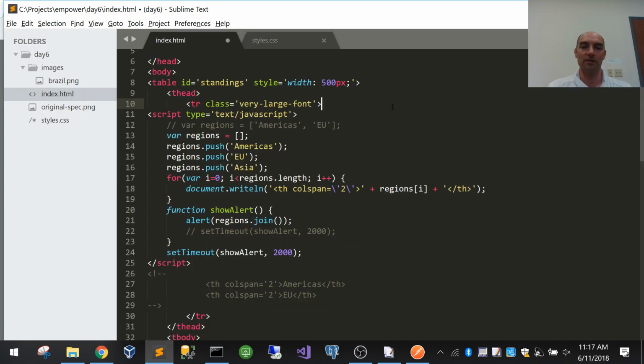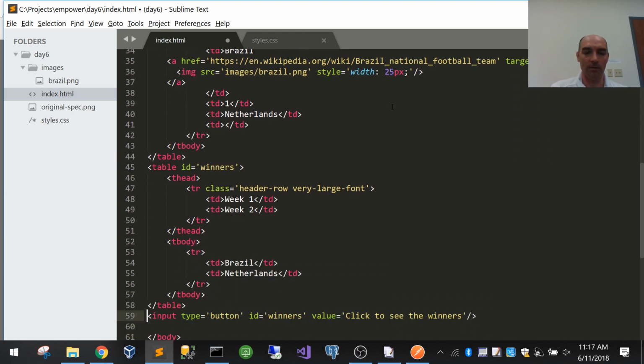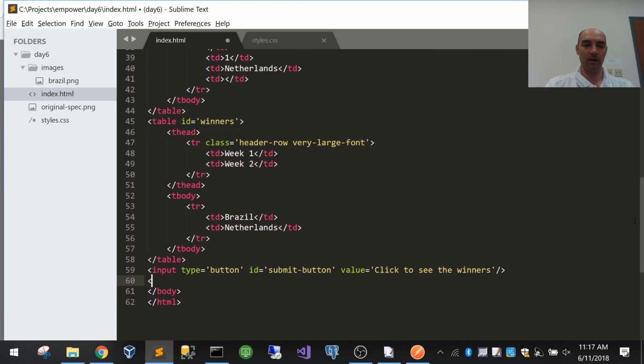So let's go write one of these. So let's have a little button down here at the bottom, and we've already got one. So we've got a little button, we've named it, we've entered an ID of submit button. So let's write some JavaScript, and we're going to be nasty just so we can have